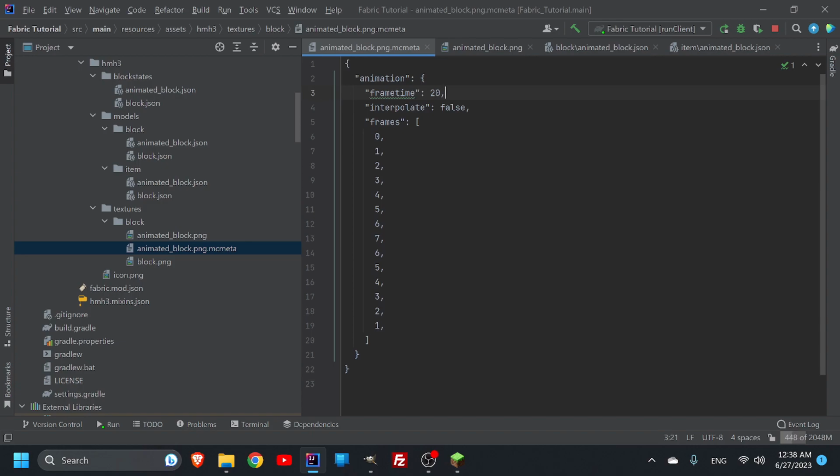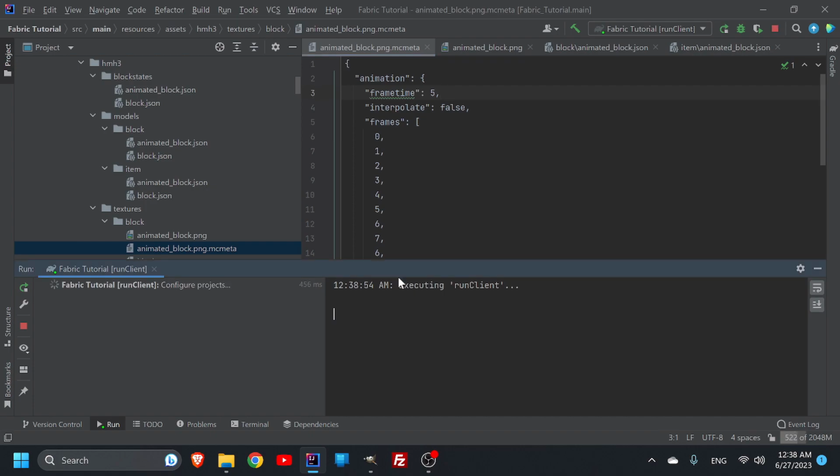20 is just an exact second. But let's say I wanted this to happen. I'm just going to say 2. So that is within a tenth of a second. Or I could say like 4. Could I say 4? If I said 5, that'd be a fourth of a second. I could say 4, which would be a different fraction, but we could say 2. Let's say 5, and let's just watch what happens. It's only a fourth of a second per frame change, so